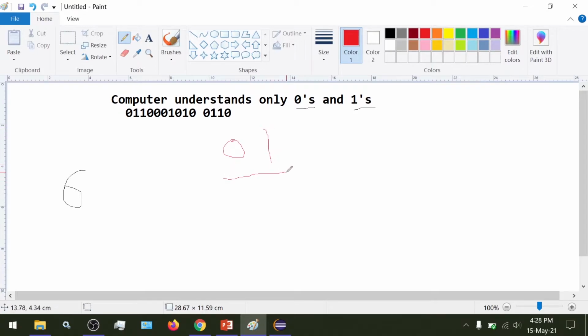So if we consider a single 0 or 1, then this is called a bit. A single 0 or 1 has a special name, we call it a bit.